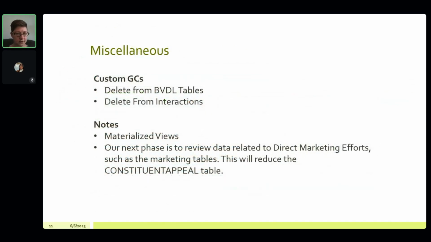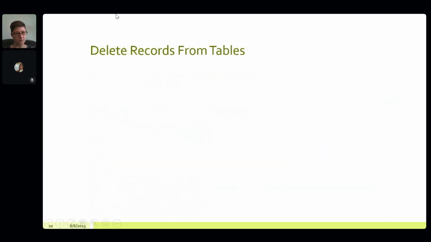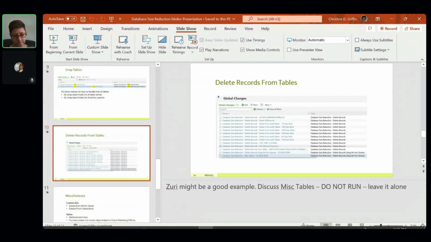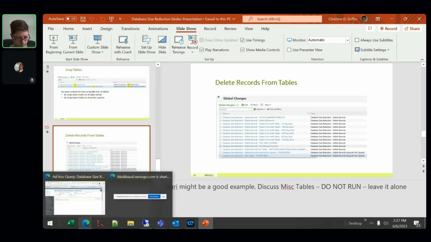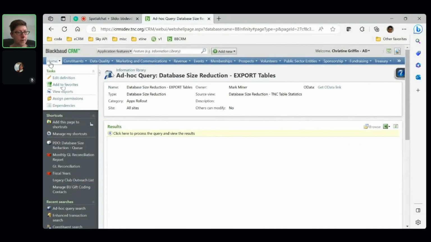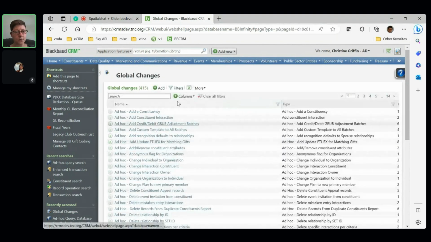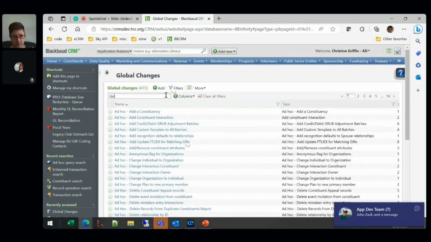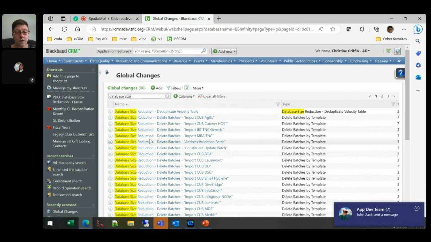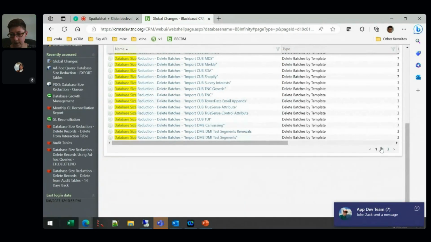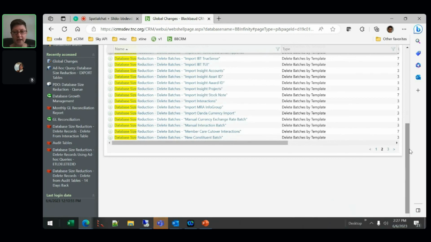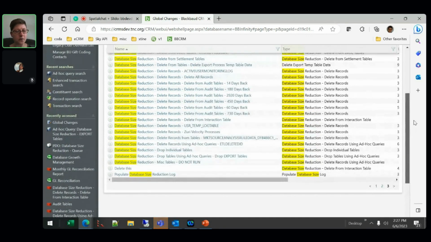All right, let's look at one of the delete records from tables. All right, it's real quick. Delete records from tables. We can go back and look at our global changes. We'll just say, all right, so here's some. The audit tables are just actually instances of that particular global change. So you've already seen it, but if we want to pick another one,